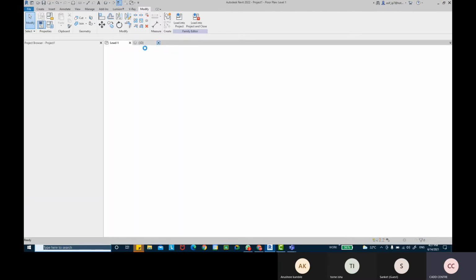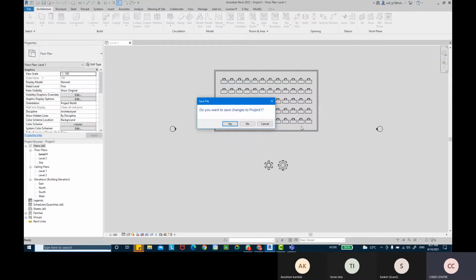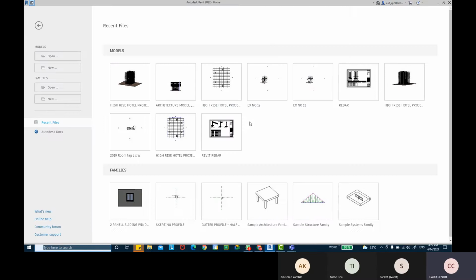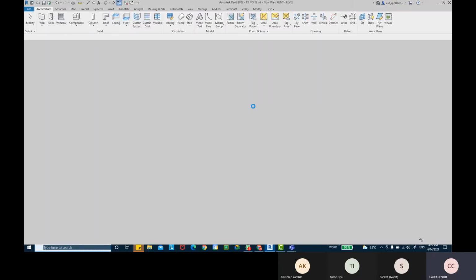We'll close this file. So in the previous class, we did about flooring. How do we add finished floors?